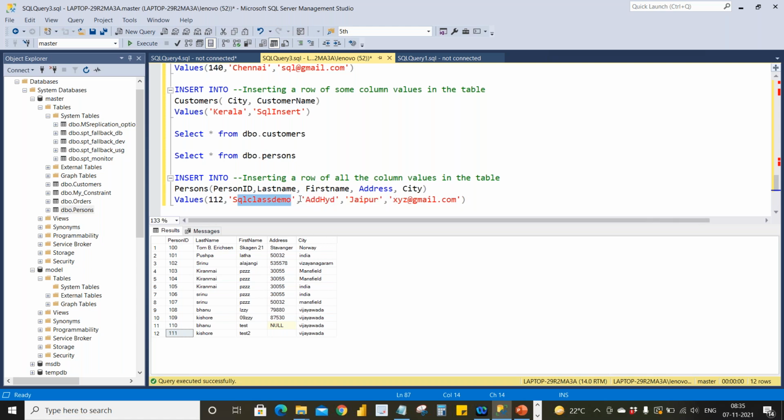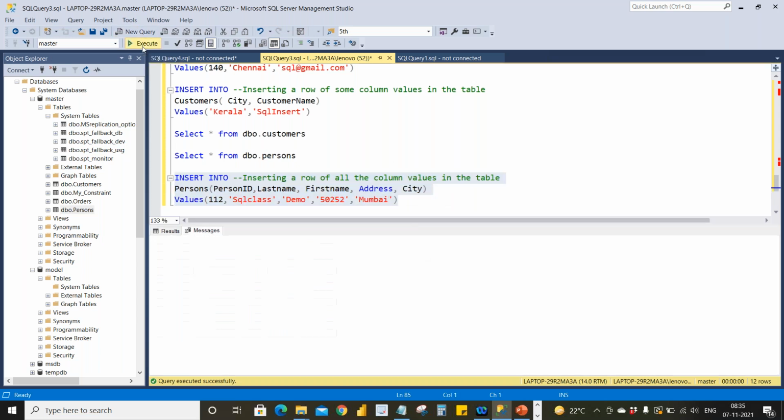So last name I'll give as SQL class and first name being demo, and the address would be something like, city Mumbai. Let's try to execute it.